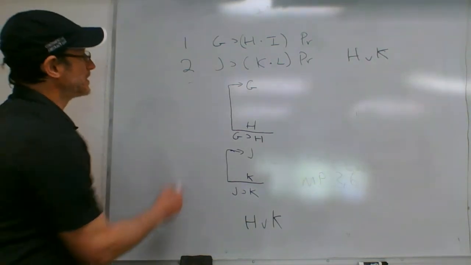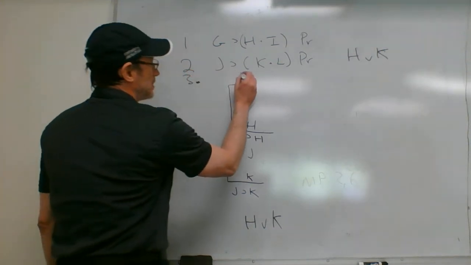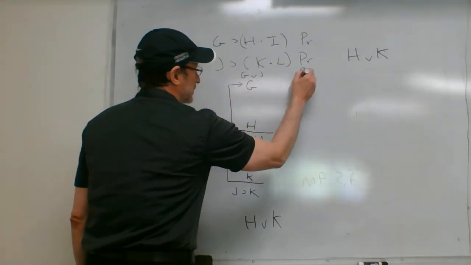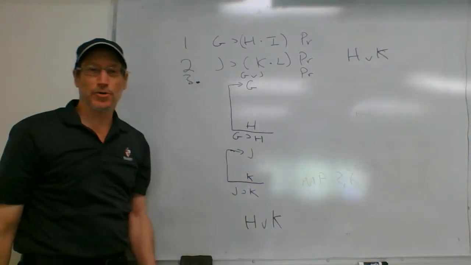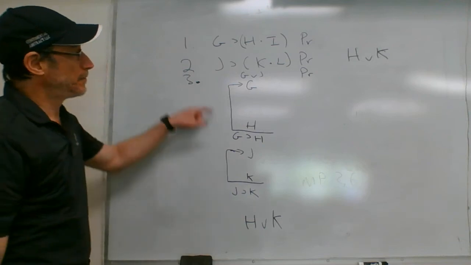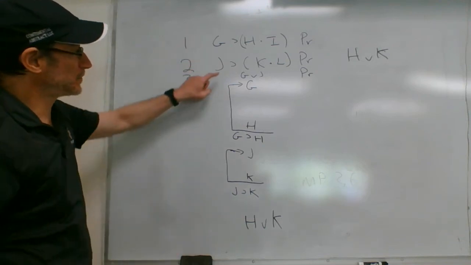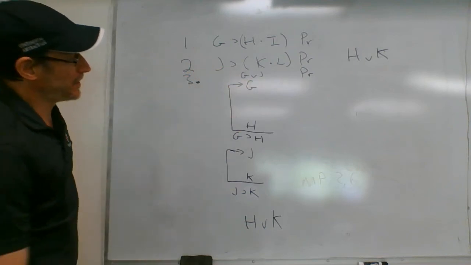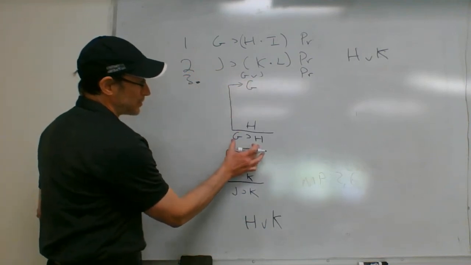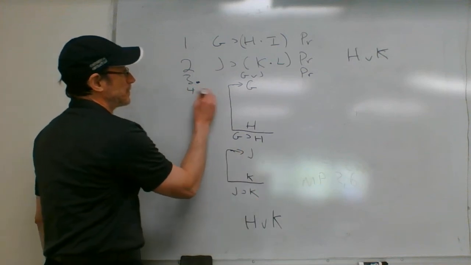I see what happened. I'm missing a premise. I'm sorry. This was number 3, G wedge J. Okay, now this is making more sense to me. I neglected to write the third premise, which is really dumb. But if you don't have all your premises, you're probably not going to be successful in getting to the proof. So, okay, you have G wedge J over here. So now, if you can prove G horseshoe H and J horseshoe K separately,